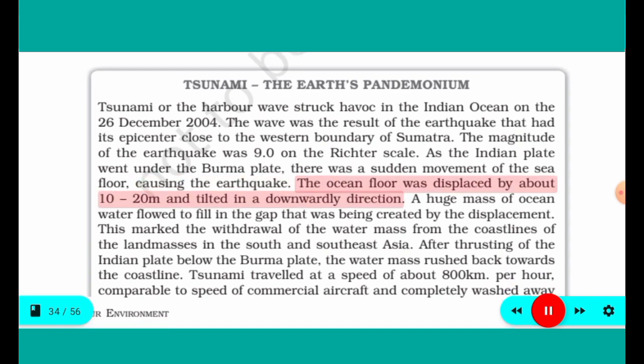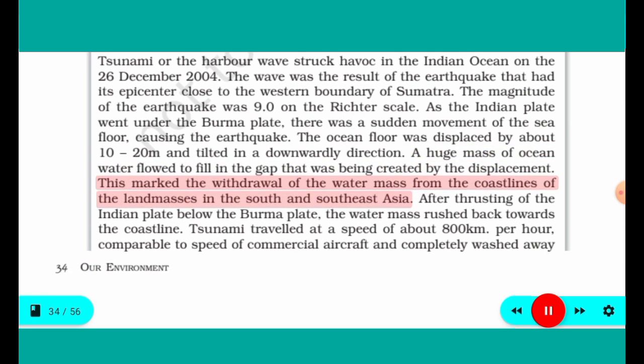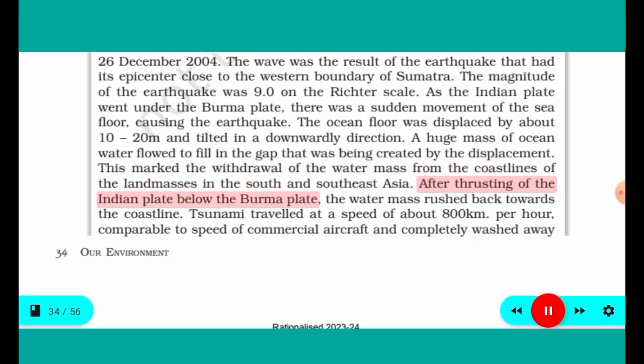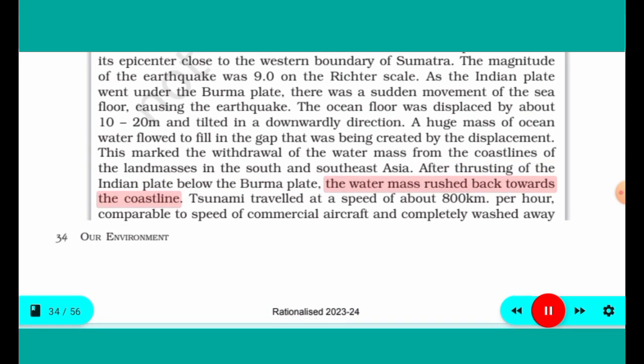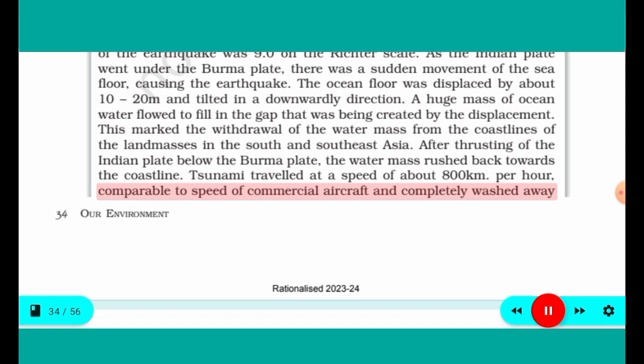The ocean floor was displaced by about 10 to 20 meters and tilted in a downward direction. A huge mass of ocean water flowed to fill in the gap that was being created by the displacement. This marked the withdrawal of the water mass from the coastlines of the landmasses in South and Southeast Asia. After thrusting of the Indian plate below the Burma plate, the water mass rushed back towards the coastline. Tsunami traveled at a speed of about 800 km per hour, comparable to the speed of commercial aircraft, and completely washed away